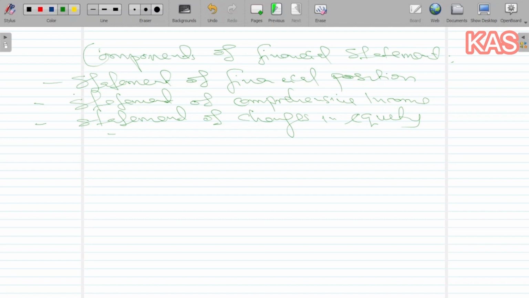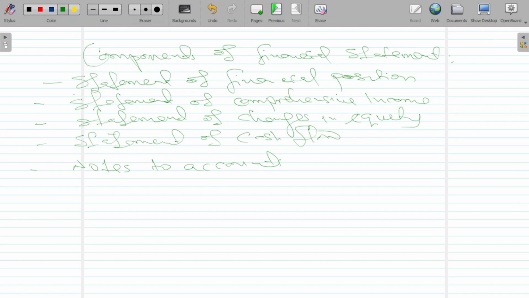Then we must have a statement of cash flow. Then we must have notes to accounts. So these are the statements that are expected according to IAS 1 to make up a comprehensive financial statement. So the structure